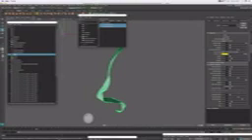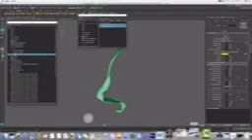Self-collisions are collisions with itself. So if it falls and collides with itself, then it will avoid the interpenetration. It will just collide. It can get expensive. Very expensive. In this particular case, for this example,